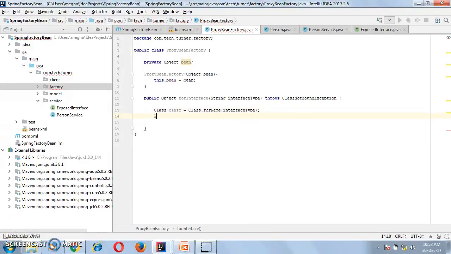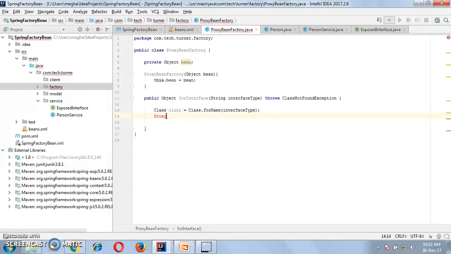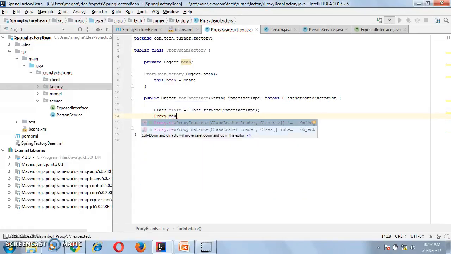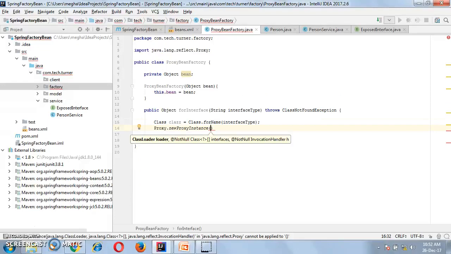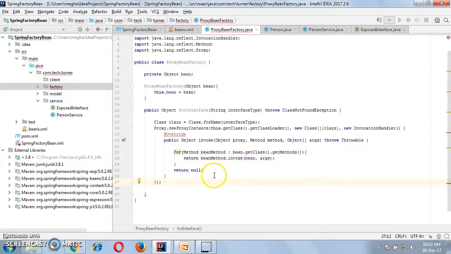We will use the Proxy class to create the dynamic proxy class and instances, and will use its method newProxyInstance. This method returns an instance of a proxy class for the specified interface type that dispatches method invocations to the specified invocation handler. I have already written that code, copied from my other project, so I'll explain it.